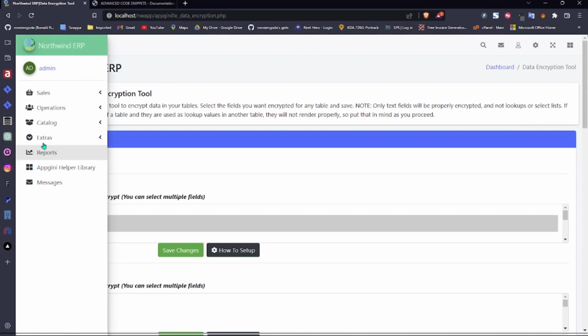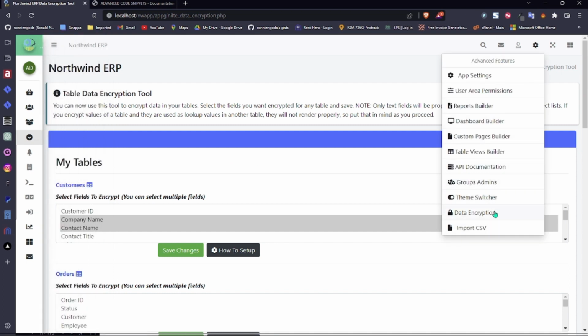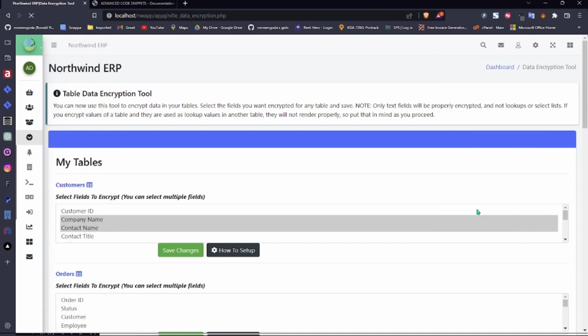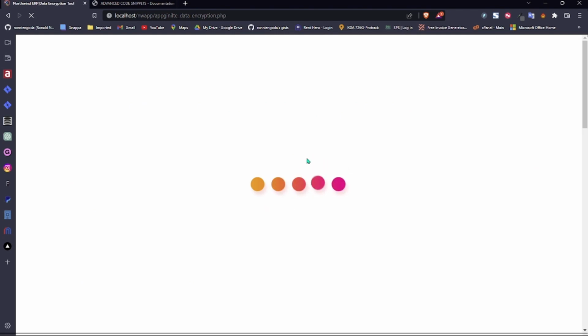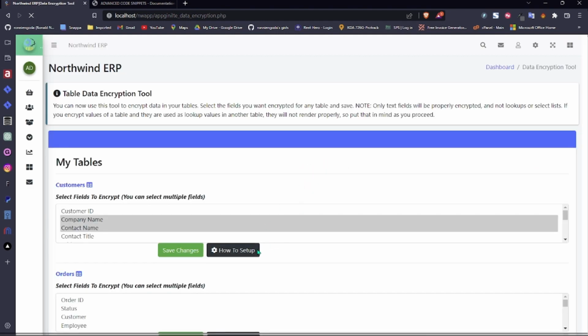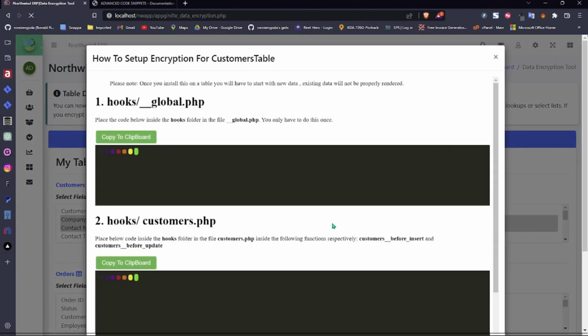So we had another request. If you want to decrypt your data, maybe let's say you encrypted it, but you don't want to have it encrypted anymore. You want to disable the feature. So if you disable the feature, that would mean for all the things that you did here, you have to reverse them. Okay. So if you had put this code, like let's say for this table,